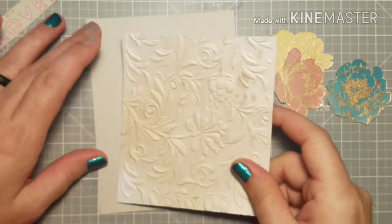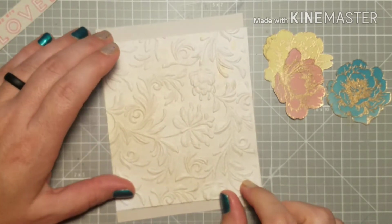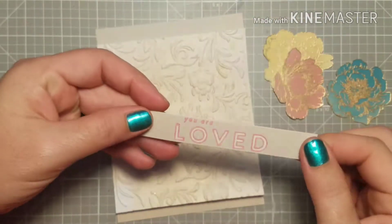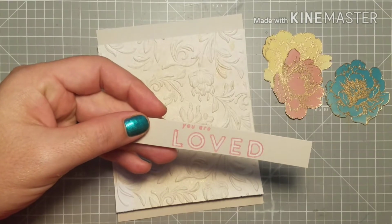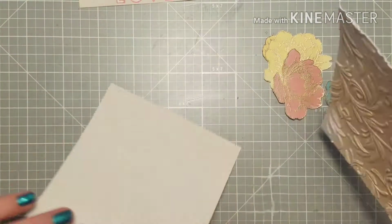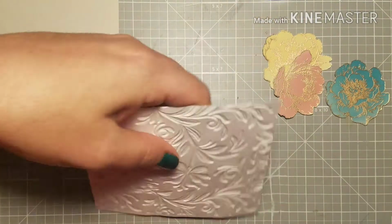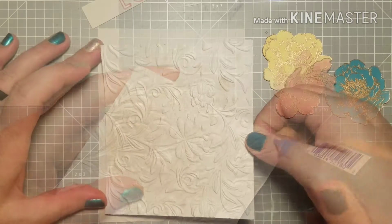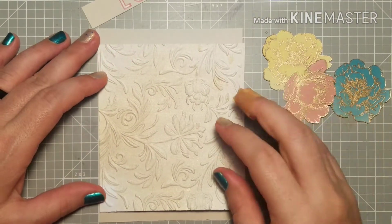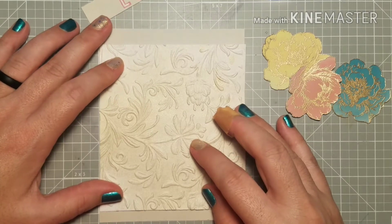So here, using more of that light gray cardstock that I used for the flowers, and I'm going to use it to back my focal piece on. And I stamped out "You Are Loved" in worn lipstick, and then I colored it in with some white colored pencil. So adhering the embossed piece to the cardstock